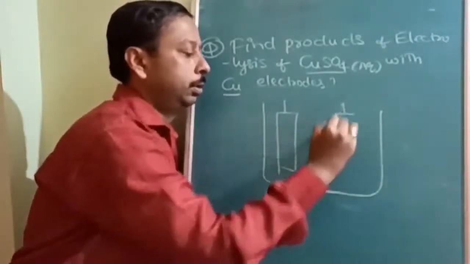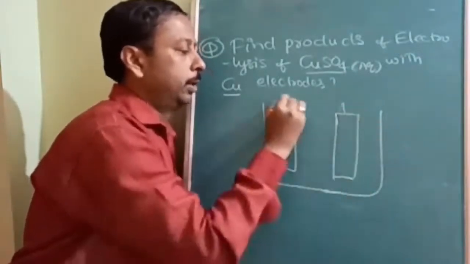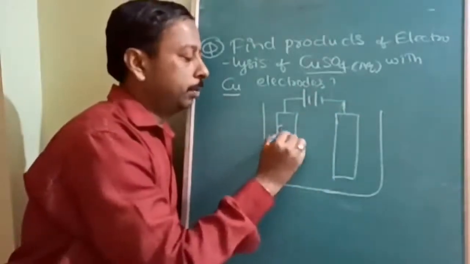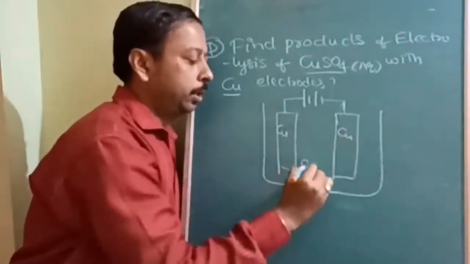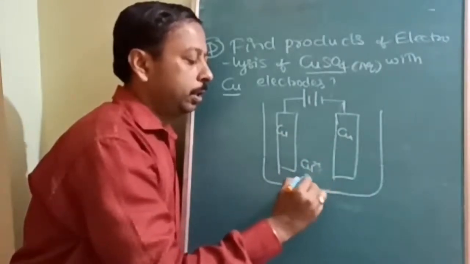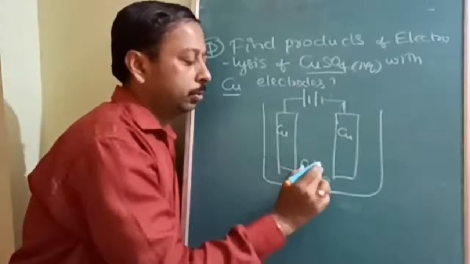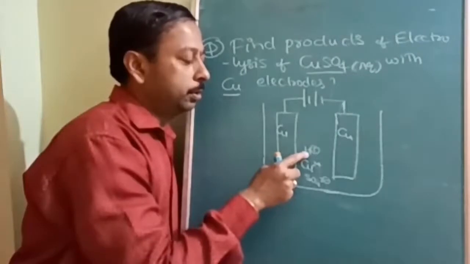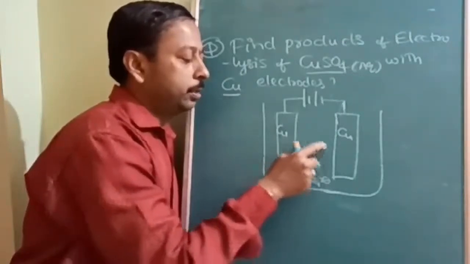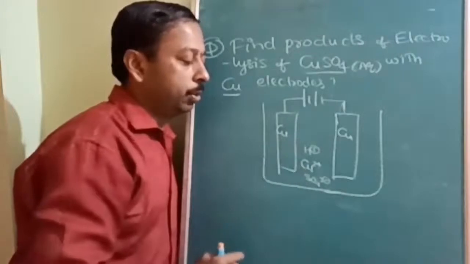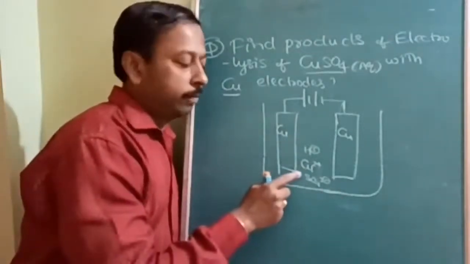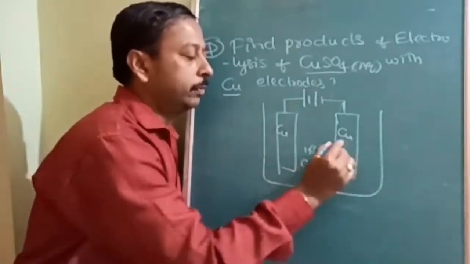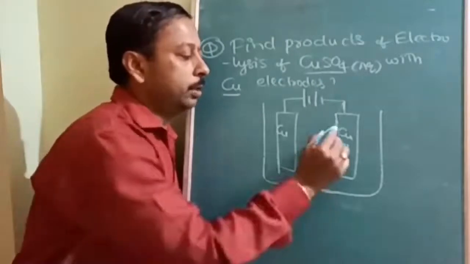Okay. Here both reactions, at anode and cathode, are from the copper only. Here it is copper, this is also copper. And here it is Cu2+ and SO4 2-. Okay. So even though H+ is present, moreover H+ discharge potential, discharging tendency, is less as compared to Cu2+. Cu2+ has more tendency to get deposited as compared to H+. Okay. So this will go and discharge and deposit at this copper.